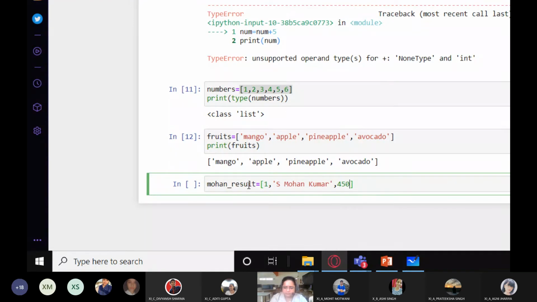Then maybe marks in some subject. Maybe percentage in some subject. And I'm also storing the age of the student, that is 16 years. And the favorite subject of the student is mathematics, so I'm storing math over here. And you can also have any other thing, like is he taking up a particular course, or is he a hosteler student? So you can just write here. So these are certain pieces of information about a student.